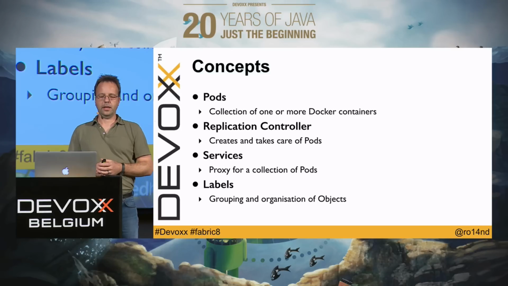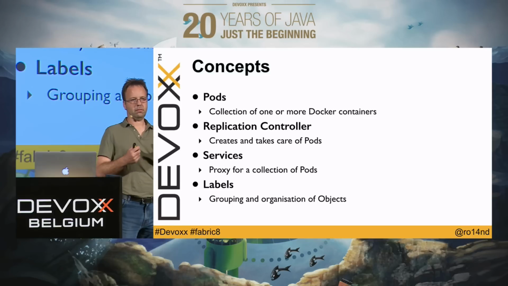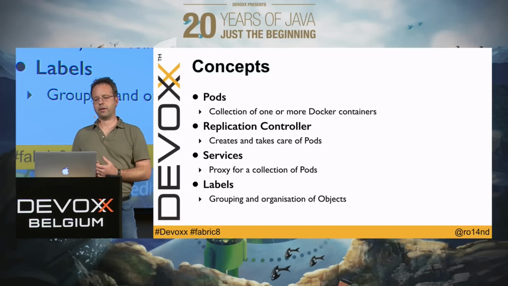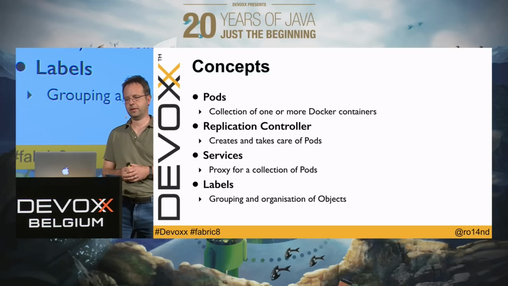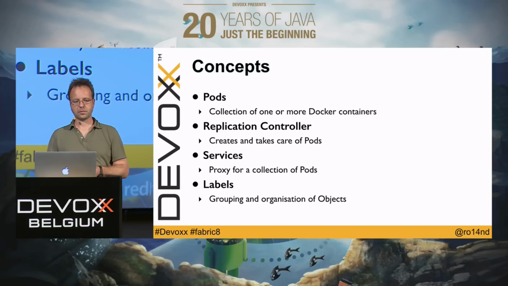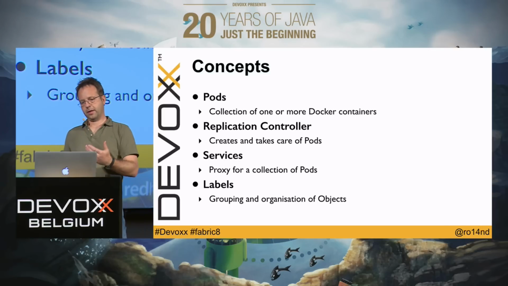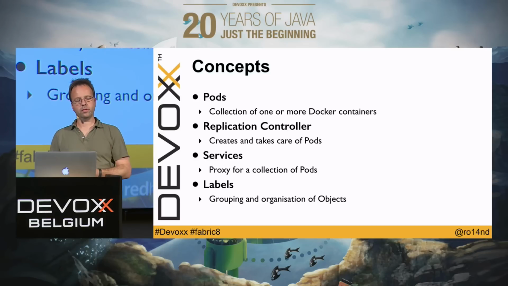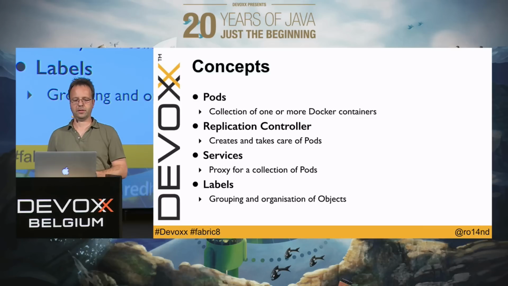And a replication controller is responsible for taking care of pods. The replication controller is in fact exactly the part of Kubernetes which is responsible for the self-healing. So you give the replication controller a template of how a pod should look, and then say, replication controller, please create maybe two or three of these pods. And the replication controller knows, because of the template, how it should create the pods.